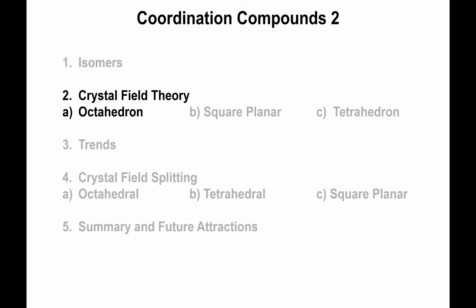Let's talk about crystal field theory. We're going to start with the octahedral shape, and altogether we're going to look at three specific shapes: the octahedral shape, the square planar shape, and the tetrahedral. But let's start with the octahedral shape first. Okay, the idea within crystal field theory is that